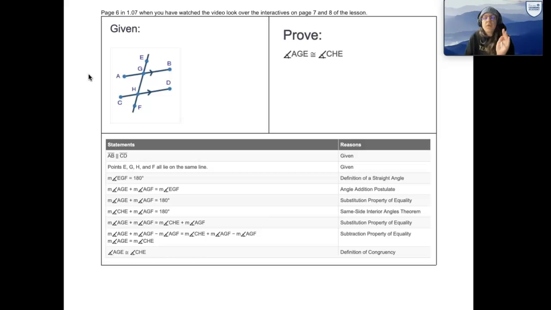Okay, so for the purpose of this, we're really just going to talk about what this means because it's a crazy business and it looks like a lot. So I'm going to try and break down for you the way that the proof is written so that you understand what the different things stand for. And if you have any questions, come in and talk to me about it. I also put up at the top for you that this example is from page 6 of your curriculum, and you can find an interactive and other examples on page 7 and 8, and they're definitely worth looking at and going in and taking